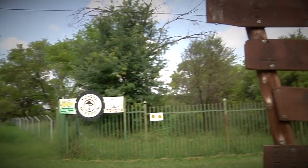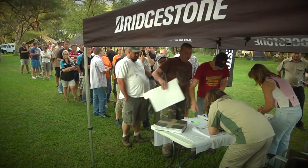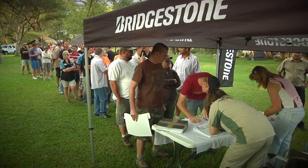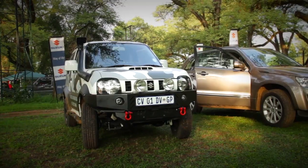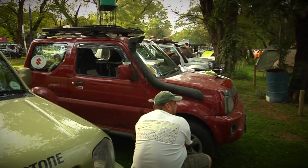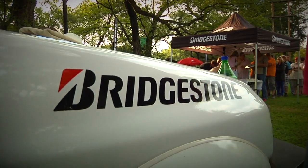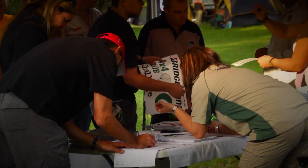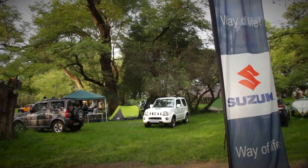Welcome to round 2 of the 2014 Bridgestone 4x4 Club Challenge. This round is hosted by the Suzuki Auto Club of South Africa and a small army of Suzuki 4x4s lined up for the start at the Rus de Winter 4x4 trail north of Pretoria. The operative word here is small because the Suzuki Jimnys and SJs are all pint-sized 4x4s that are surprisingly capable